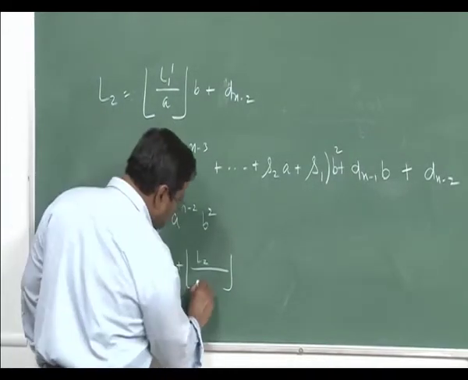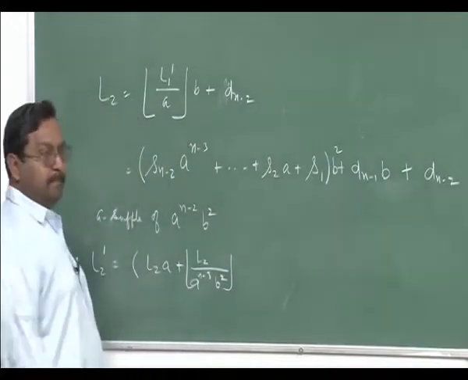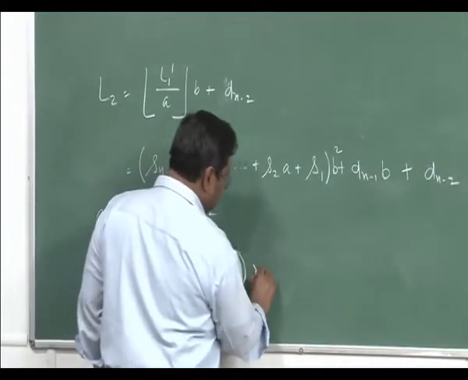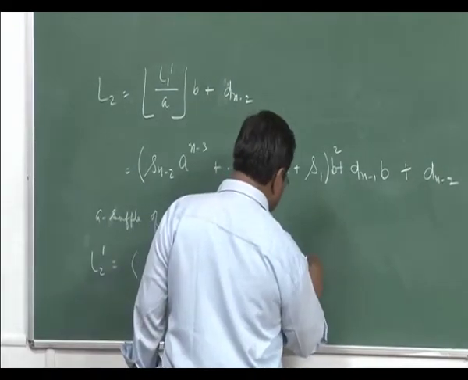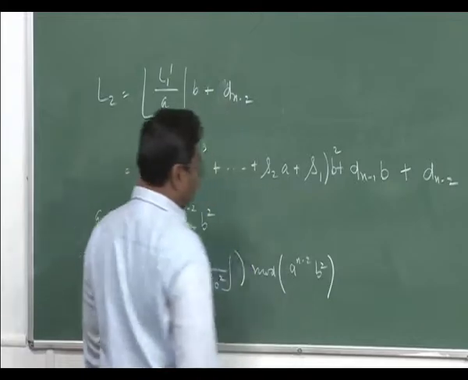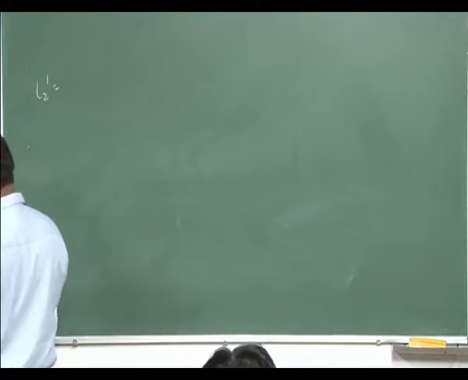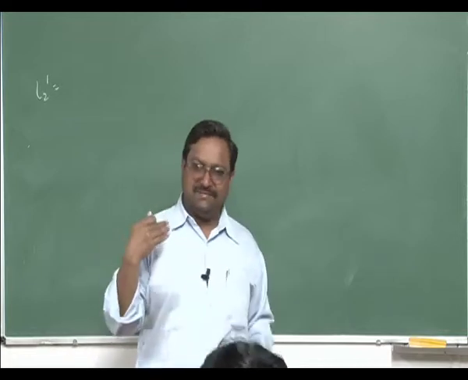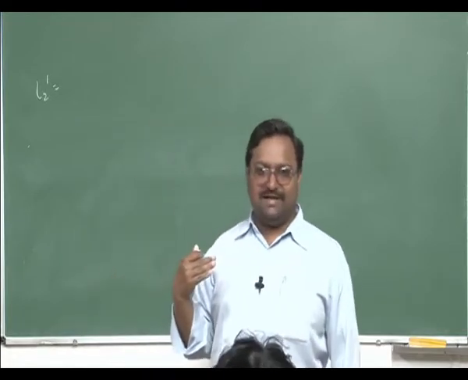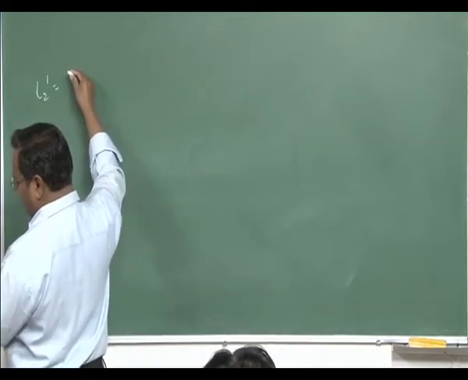So A raised power, and this has to be done a modulo operation over this. So you will get L2 prime as, once you solve for this, so you have to just remember the symmetry now. The structure of the earlier expression, this actually comes from there. So L2 prime is